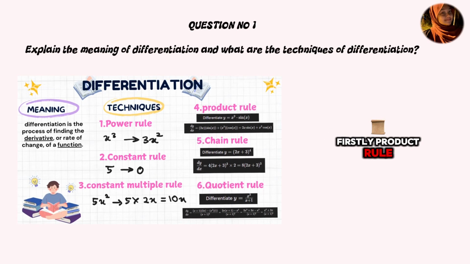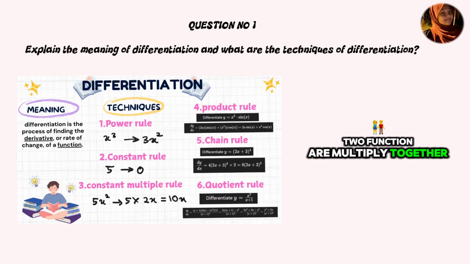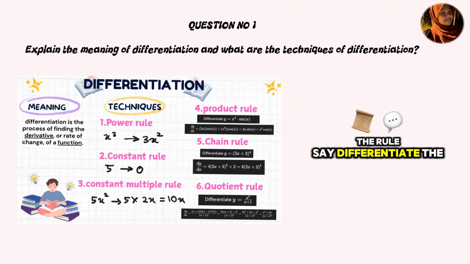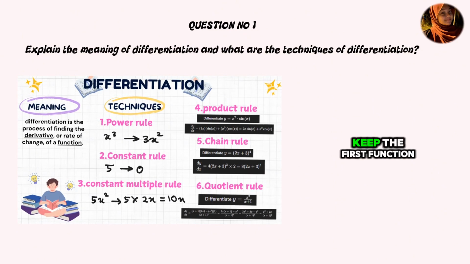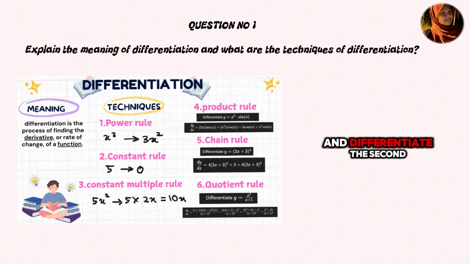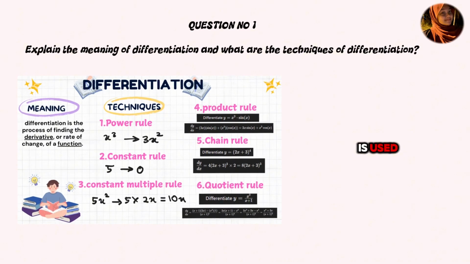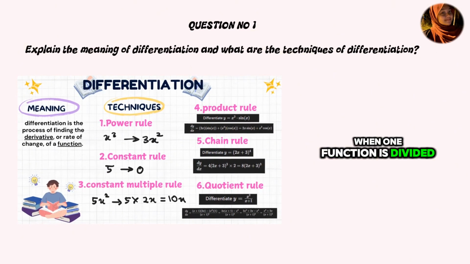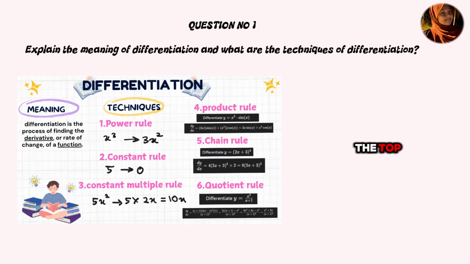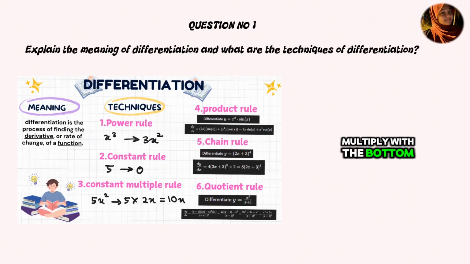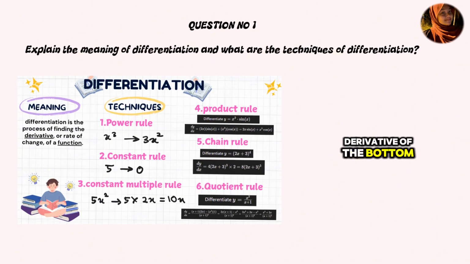Firstly, the product rule. The product rule is used when two functions are multiplied together. The rule says, differentiate the first function, keep the second, then keep the first function and differentiate the second. Secondly, the quotient rule is used when one function is divided by another. The rule says, differentiate the top, multiply with the bottom, minus top times the derivative of the bottom, all over